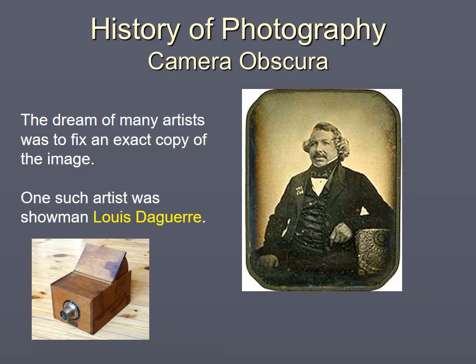So one such a guy was Louis Daguerre. He was a showman who put on great spectacles using lanterns of light. Remember, there was no electricity. They had to use torches and colored glass to project shadows and move backgrounds and backdrops and the like. It was all done live. There was no recording medium. So there were spectacular movies back in the day, but they weren't recorded as we know them today.